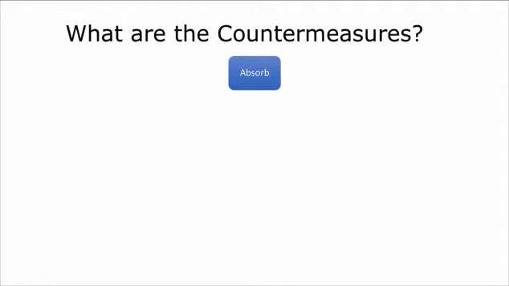The first one is you can decide to just absorb the attack. Maybe you've got enough bandwidth, maybe you can allocate more bandwidth, maybe your ISP can allocate more bandwidth, and you can absorb the attack. Not a very effective countermeasure, because as the attacker increases their attack, you will need to increase your resources to absorb the attack, and there will come a point when you won't be able to absorb